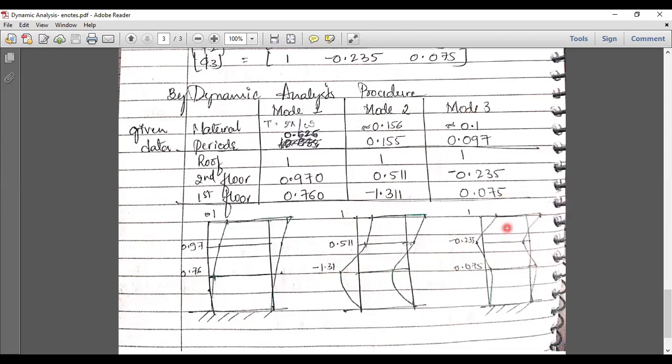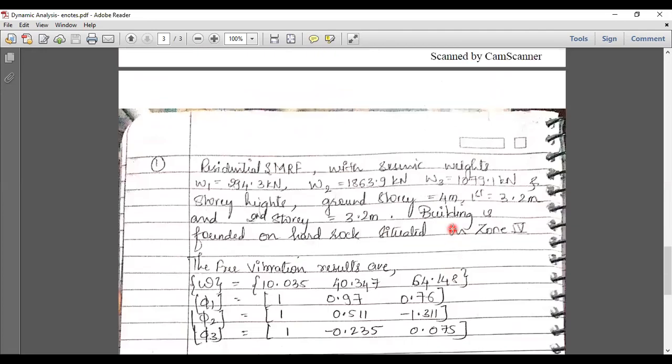This is just me trying to give the basics of mode shapes for the students who are from a non structural dynamics background. Actually there is a lot of data behind this: how it is calculated, what it indicates, and how it indicates. I will be taking this up again in your module 2, the introduction to structural dynamics. So this is how it goes ahead. We will be solving this particular numerical in my next video.